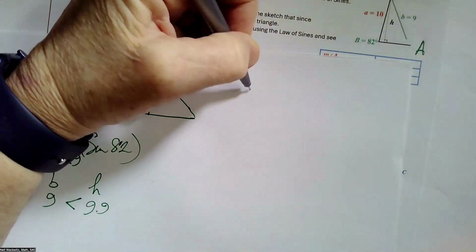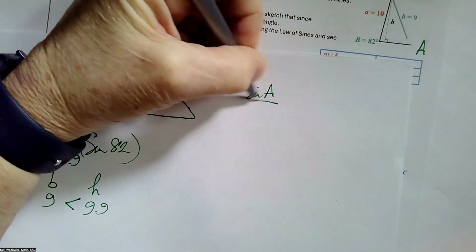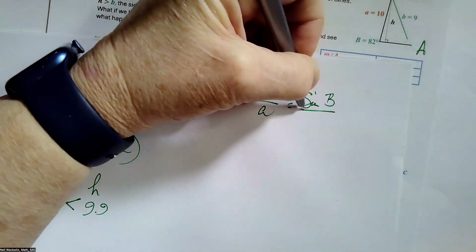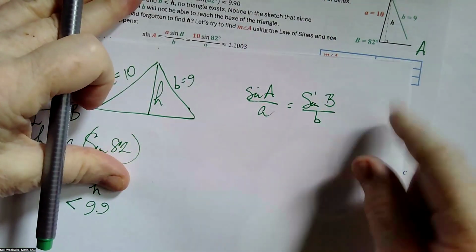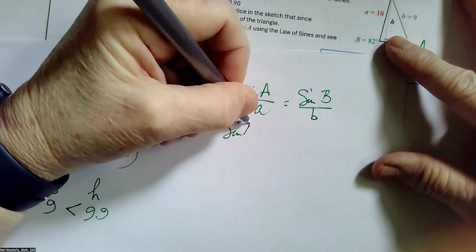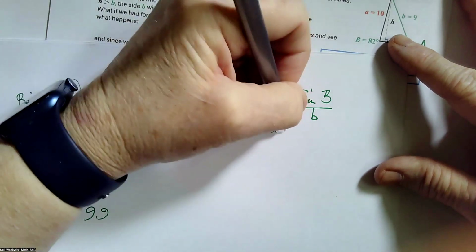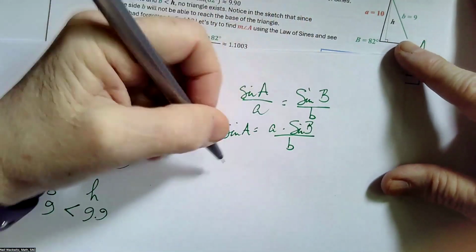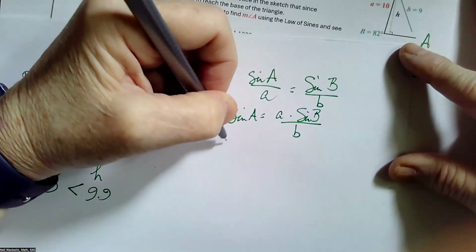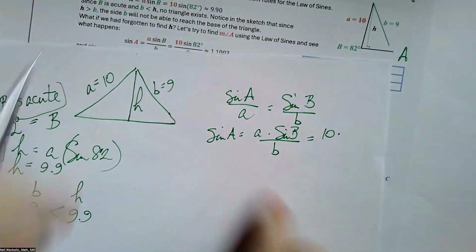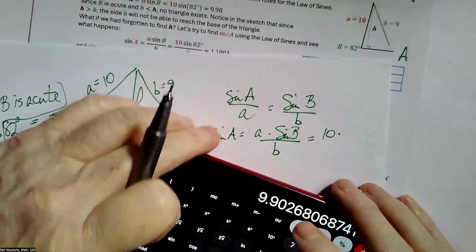So let's see, we've got the sine of A over little a is the sine of B over little b. I'm going to multiply both sides by little a. I get the sine of A is little a times the sine of B divided by little b. So the sine of A is 10 times the sine of 82